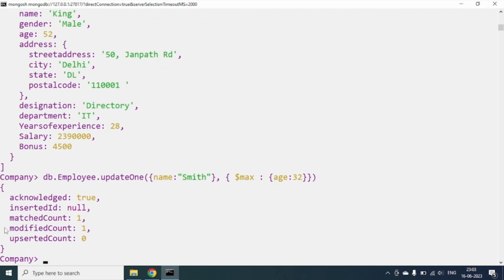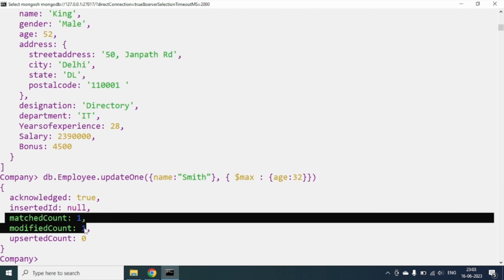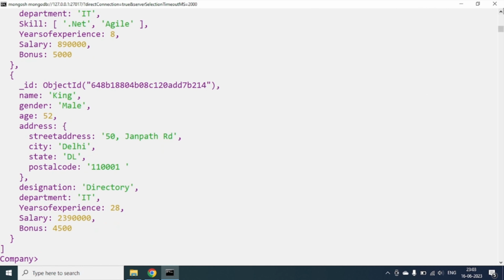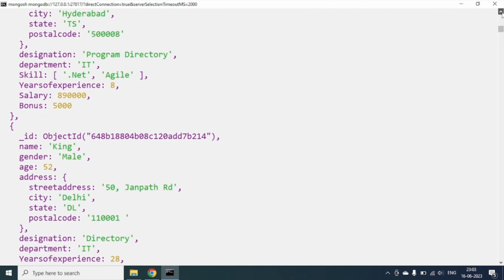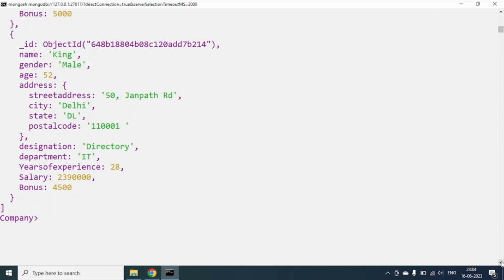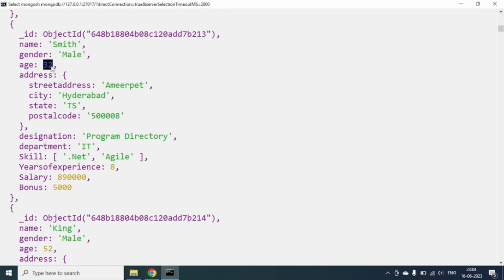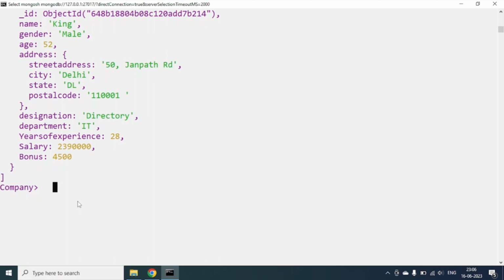Once I hit the enter button, we can see the data is updated in our collection and we got the success message. I have verified the data is updated successfully in our collection. The max operator will only allow the entered or updated value to be greater than the current value in our collection. If we pass 30 into this age by using the max operator, it will give the message but it will not update the data in our collection. Now we'll understand the multiplication operator in MongoDB.